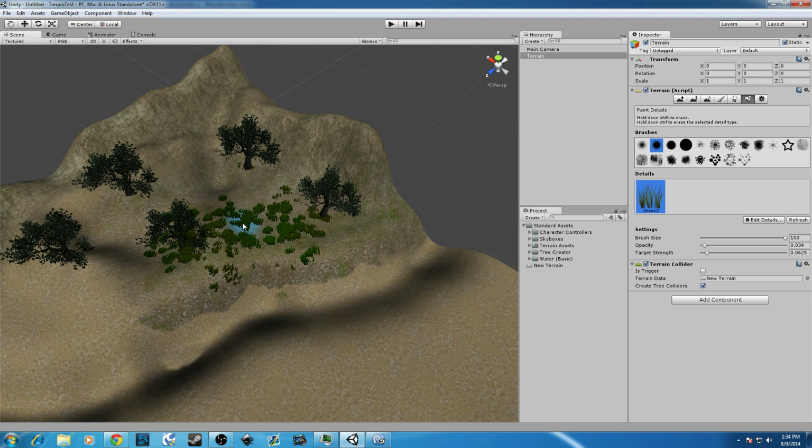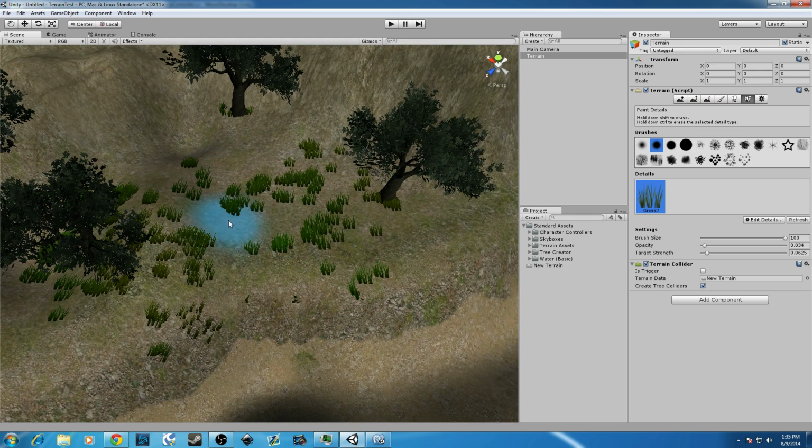Actually, go ahead and it's going to delete some of the grass to make it look more random. This works for me sometimes. Again, doing this definitely takes a lot of work, but you can kind of see the terrain there. The next thing we're going to add is a character controller, just so that we can walk